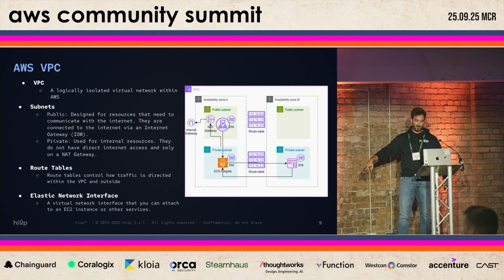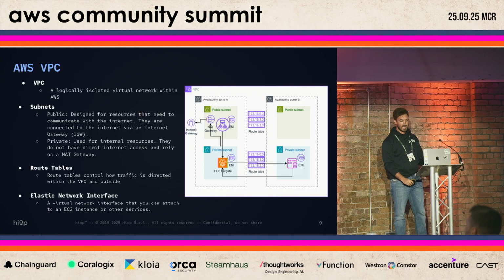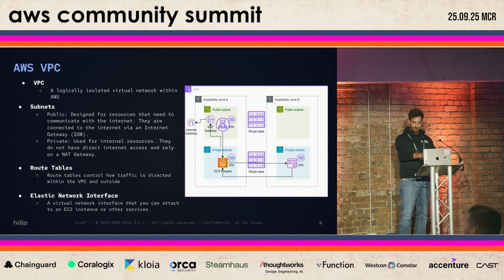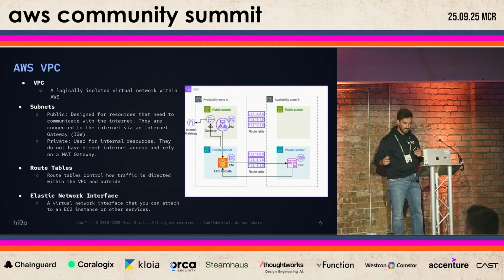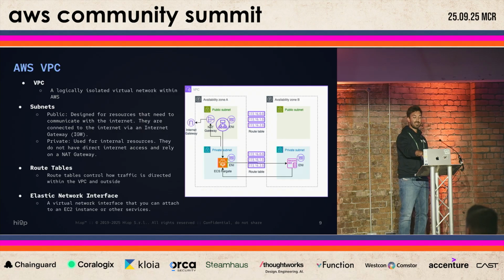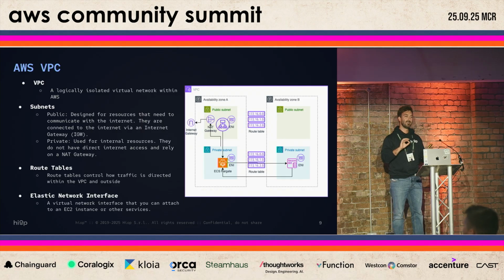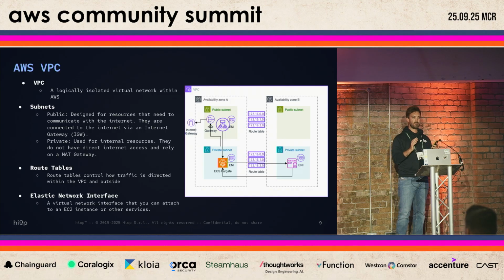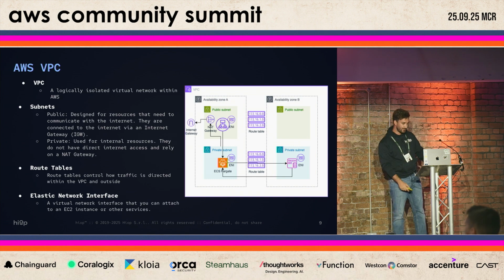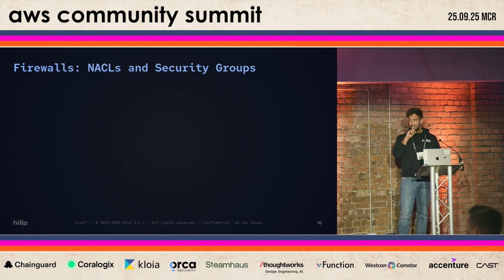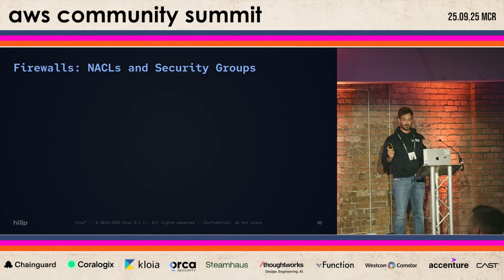So, in order to wrap up, you can see the final image: there is an ECS Fargate that is communicating to an Aurora RDS in another private subnet, and in the route tables you are specifying the path that every subnet needs to have in order to communicate to other IP addresses. Another important concept is firewalls.